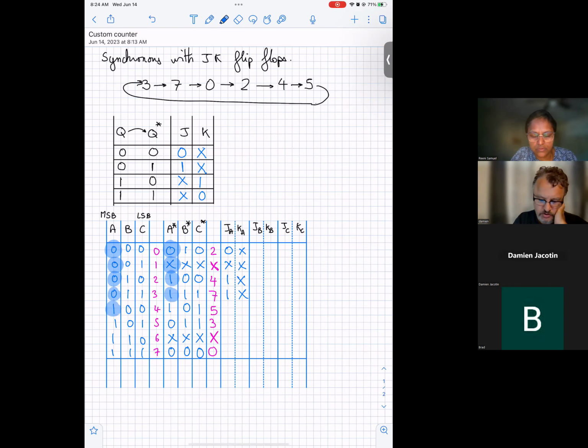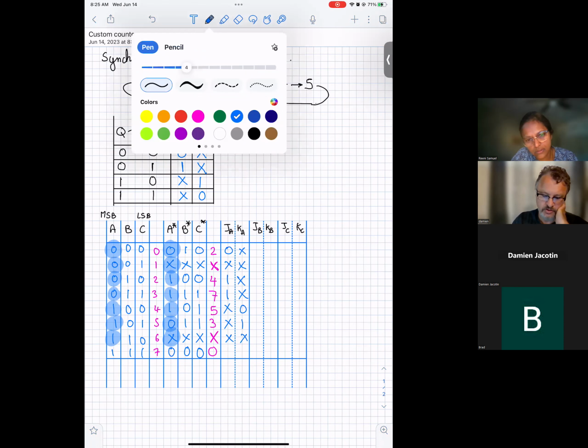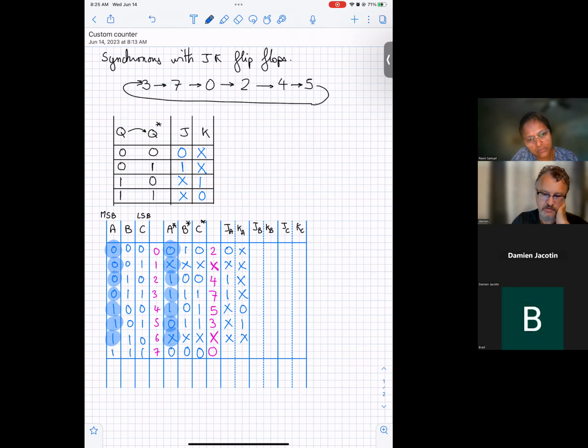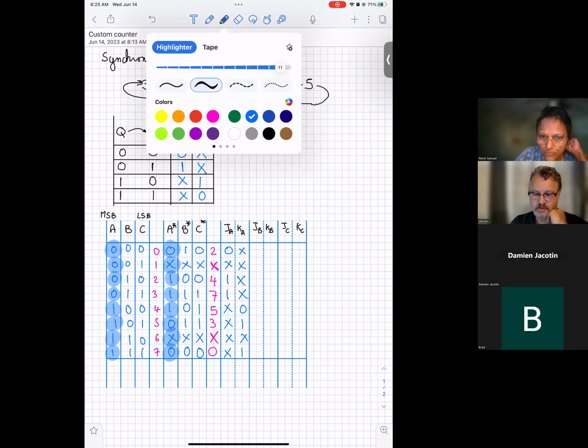Then we're going to go from 1 to 1. When we go from 1 to 1, it's going to be don't care, 0. Then we're going to go from a 1 to a 0. It's going to be don't care, 1. Then we're going to go from a 1 to a don't care. 1 to don't care is going to be don't care, don't care. And to go from a 1, sorry, I need my highlighter here, not my pencil. From a 1 to a 0, it's going to be don't care, 1. And I'm going to repeat that process